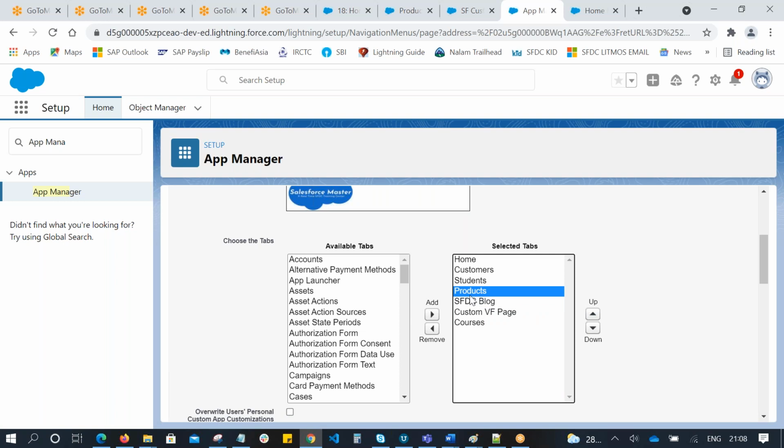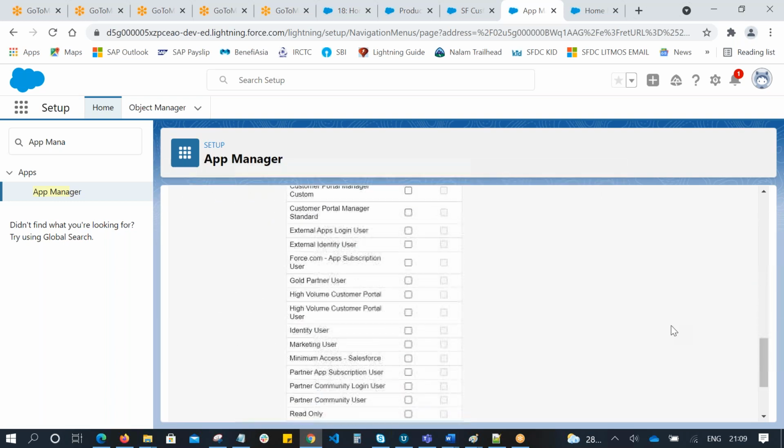Suppose after customers, I want to show products, and after students, I want to show courses. So the order is customers, products, students, courses. First, I want to change this position. Just click on save.